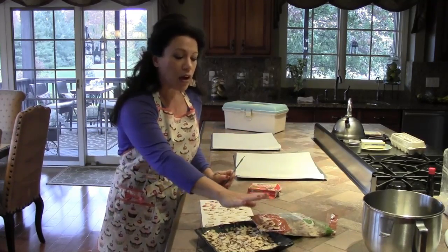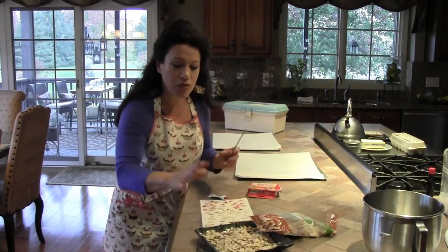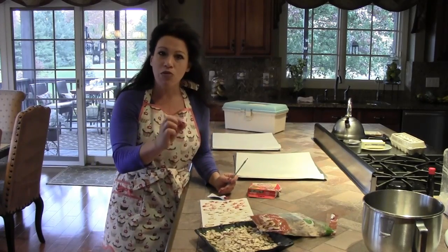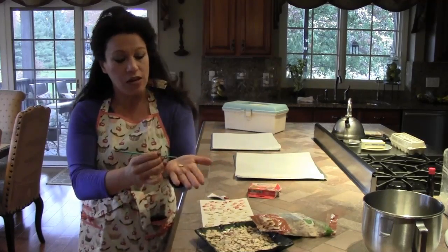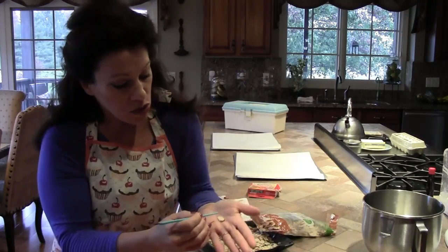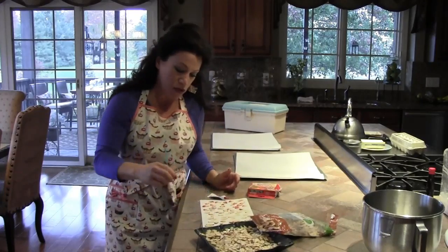So I have a bag of slivered almonds, and the slivered almonds I've dumped out onto a plate so that I can really get a visual on them and see which ones are shaped the most like a natural fingernail. So what you're really looking for here is a shape that has a tip on one end and a rounded base on the other. And so we're just going to take these and maybe grab 50 of them or so